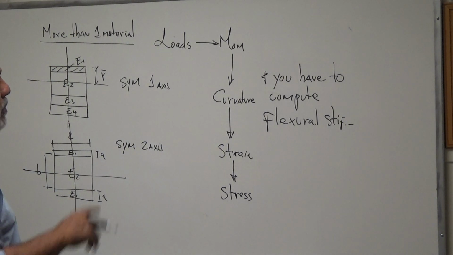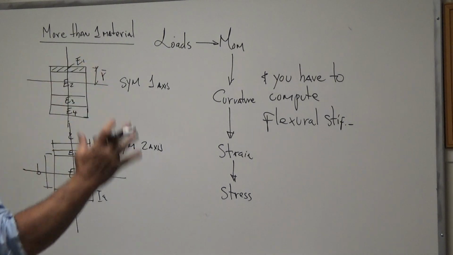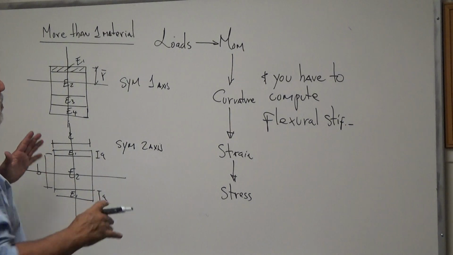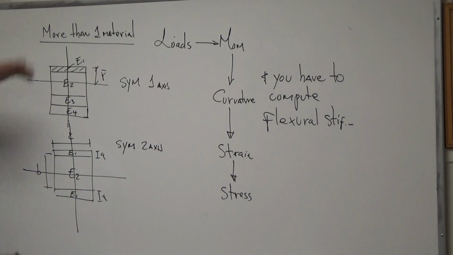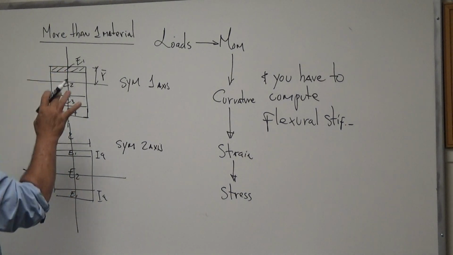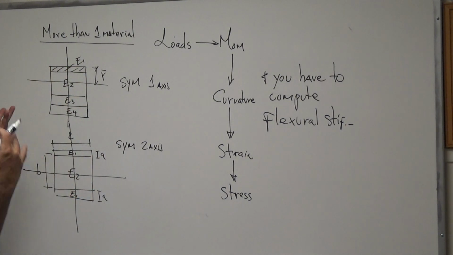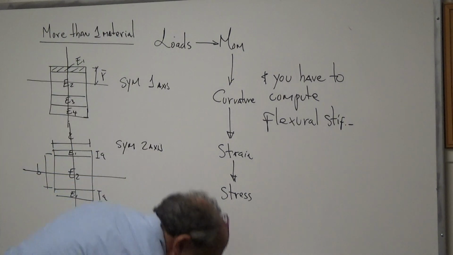We have a clear example on how to do that. And then questions can be asked in many different ways, but it's only this. So you have more than one material, and you have to answer some question like what is the stress, how big is the moment I can place, and so on. The rest is just thinking. Fundamental, basic thinking, logic, right? The next kind of problem, which is